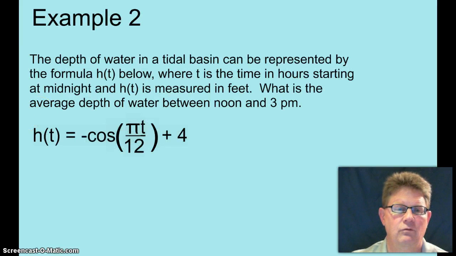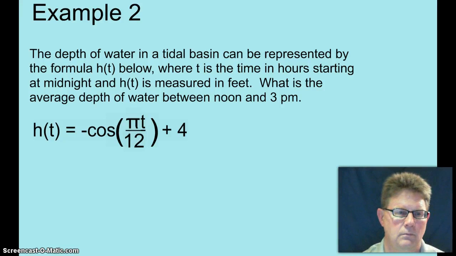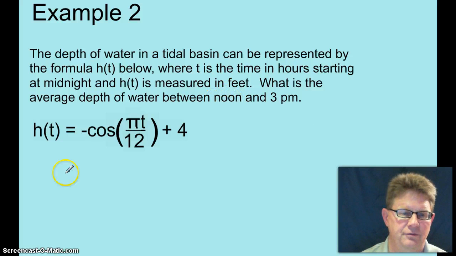The depth of water in a tidal basin can be represented by the formula h of t below, where t is the time in hours starting at midnight and h of t is measured in feet. What is the average depth of water between noon and 3 p.m.? So, here we go. 3 minus noon, actually 3 minus 0, kinda, or 12, but that's not going to work, so 1/3